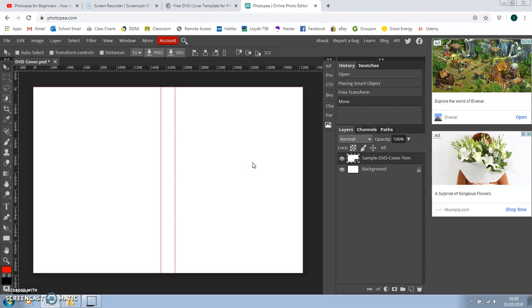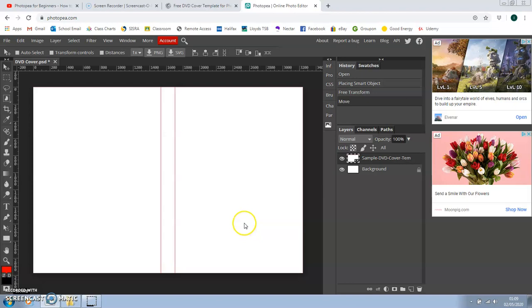Now, we're going to be focusing on how to add images to this DVD cover that we've started. Remember last time, we set up our dimensions, we added the template, we know where the spine is, we know where the front cover is, we know where the back is. Now we're going to start adding images, which is one of the most important things inside any photo editing piece